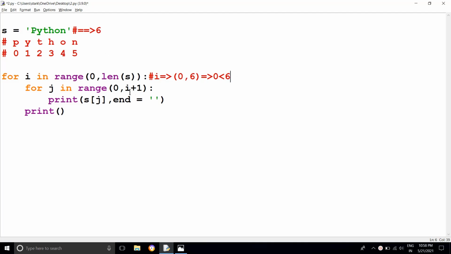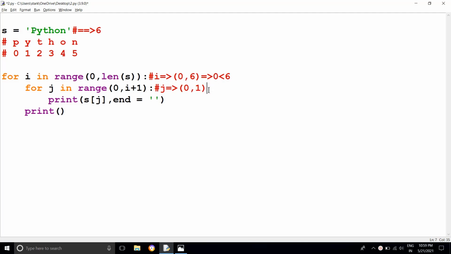Condition true, and then come inside, and then we are having the j loop, which starts from 0 to i plus 1. Here the i value starts from 0, so 0 plus 1 is nothing but 1. So the value here is 1.